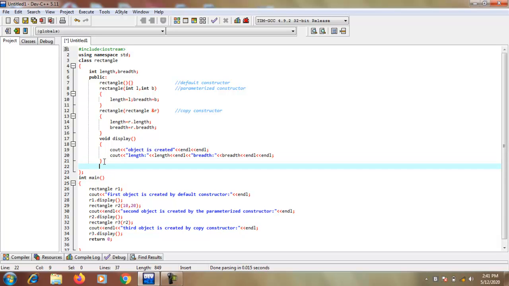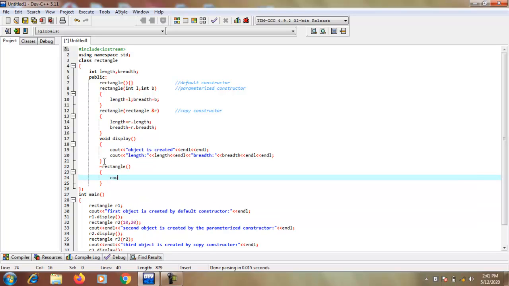The destructor is identified by the tilde sign, because the name of the constructor and the name of the destructor are the same. So here I write the class name, declare the destructor, and no parameter is passed.